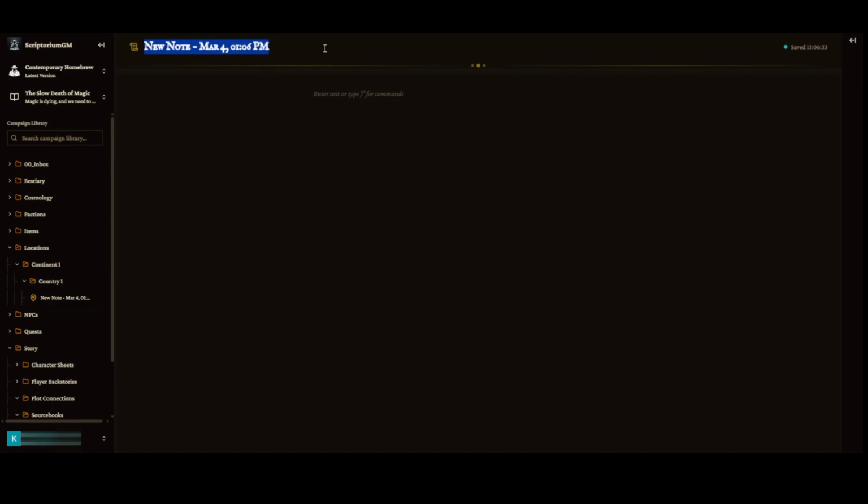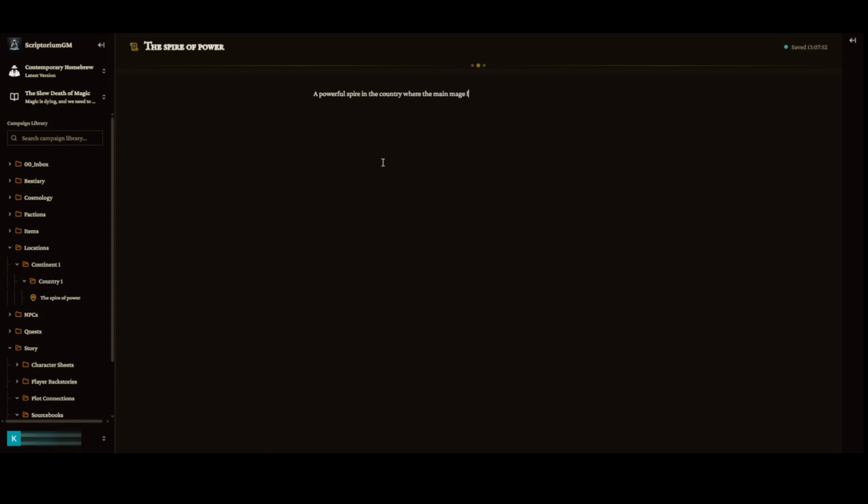So let's make this new note. I'm just going to go with something completely random, so we're just going to test that it's working with the context I've just put in through the how do you do that file. So I'm going to call this, let's call it the Spire of Power. Okay, so that's my note name, and this is going to be a powerful spire in the country where the